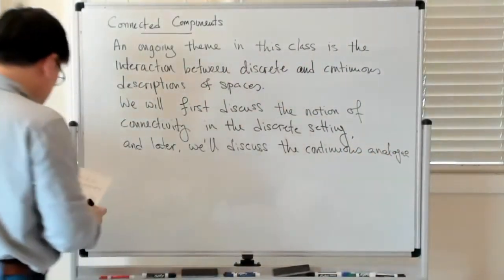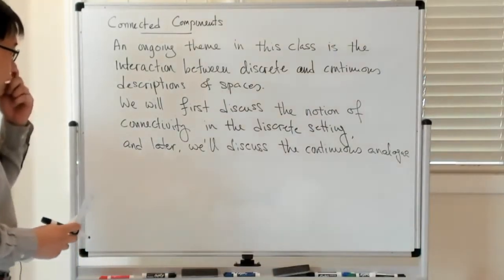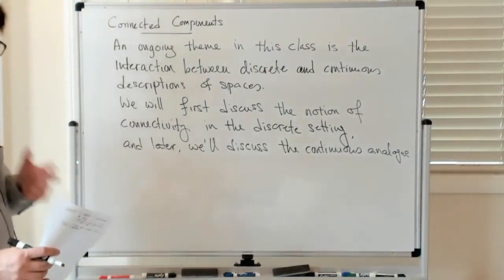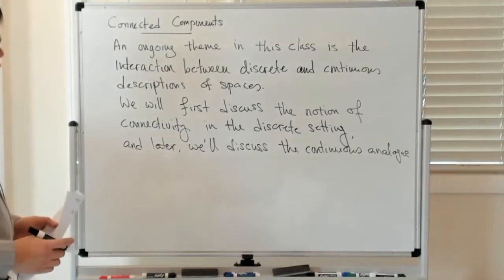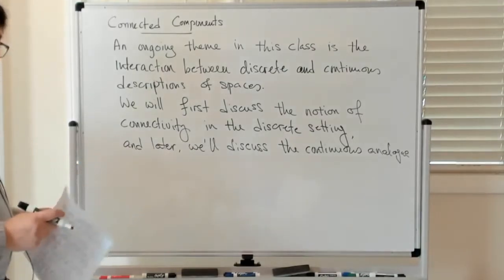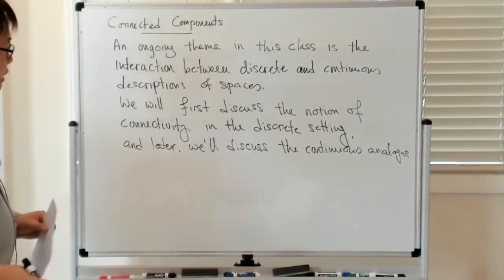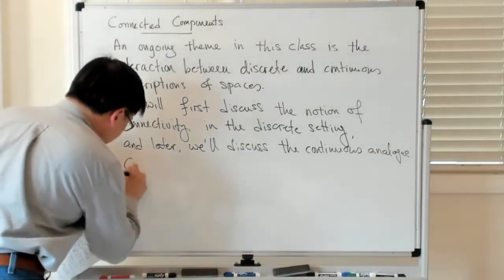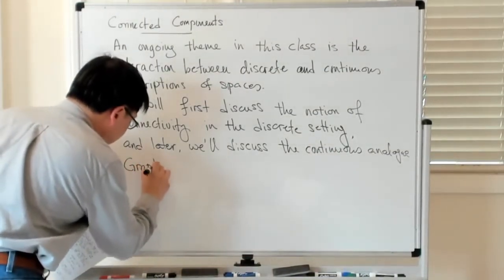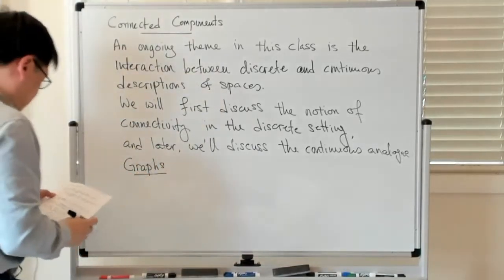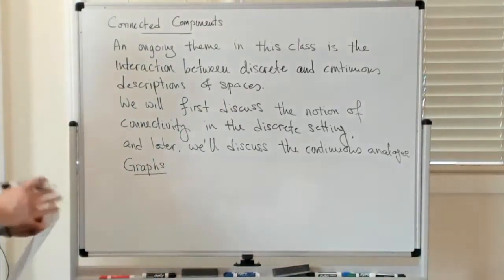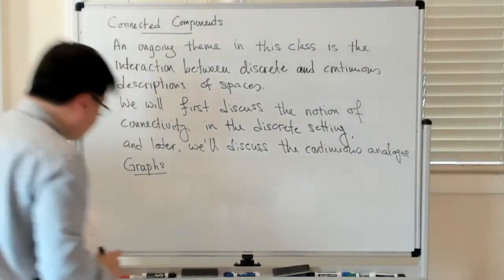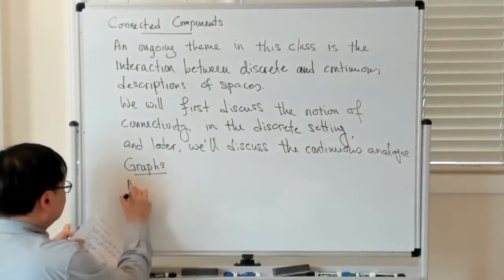Okay. All right, and so the setting for describing connectivity in the discrete sense, the simplest example would be a graph. Okay, so let's say a little bit about graphs. So we'll first talk about abstractly what a graph is. All right, so an abstract graph